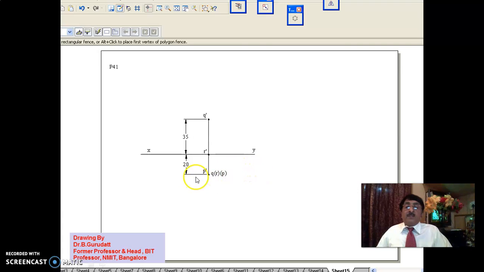And immediately you see P dash is in the fourth quadrant, 20 mm below HP. Point R is in the first quadrant on HP. And point Q is again in the first quadrant, 35 mm above HP. For all these points, the distance in front of VP is the same, that is 20 mm. That is why, since they are one below the other, and the distance in front of VP is 20 mm, when you look from the top, all these 3 points will be the same, Q bracket, R bracket, P. Okay, this is a very good problem from the examination point of view.